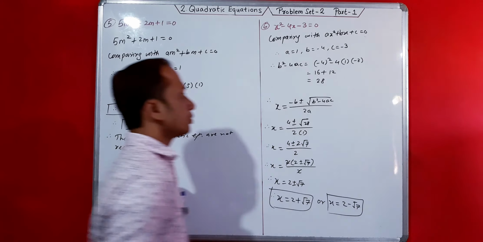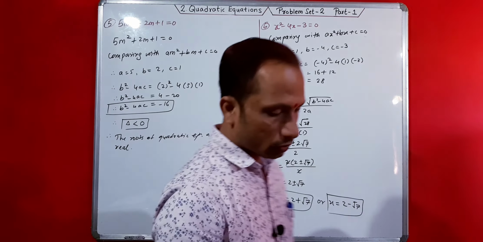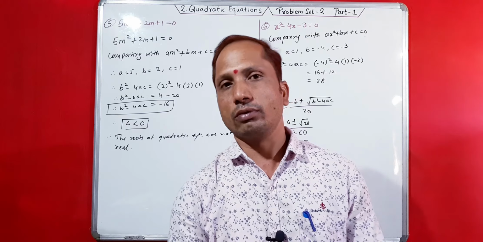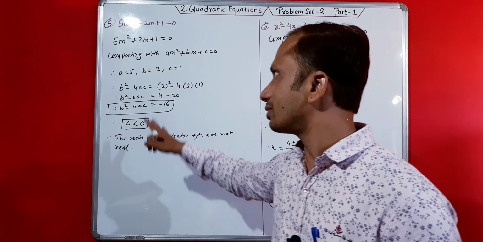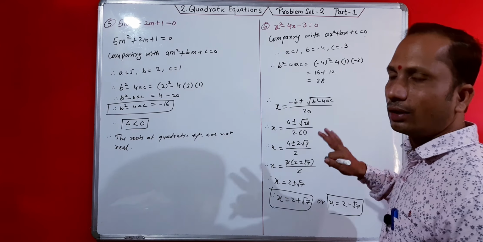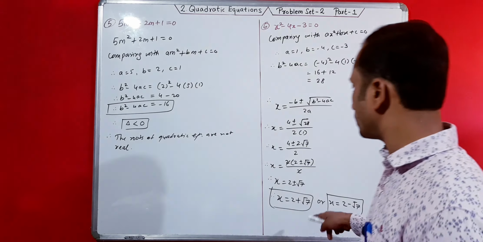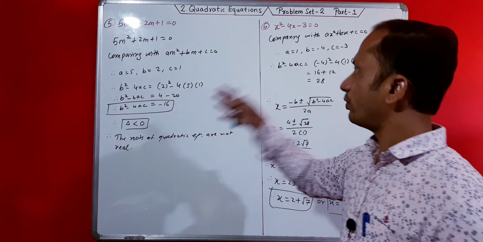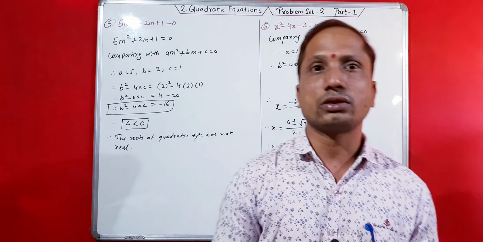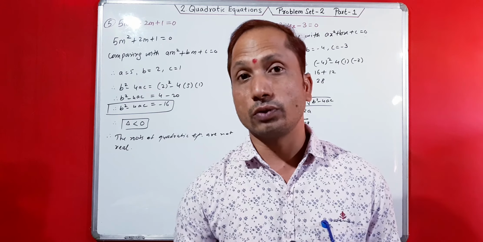So in this way, we have to solve this. If the roots are not real, you cannot do further calculation, because whatever value we get in the square root bracket, we cannot take it out due to the negative sign. So don't forget to do the question like this. If roots are real and unequal, we can solve it. If roots are real and equal also, we can solve it further. This is the last question we have solved here. This is question number 5, this is question number 6, and here question number 7 is complete. The remaining 8 questions, which are all star marked HOTS, higher order thinking skills questions, will be solved in the next video.